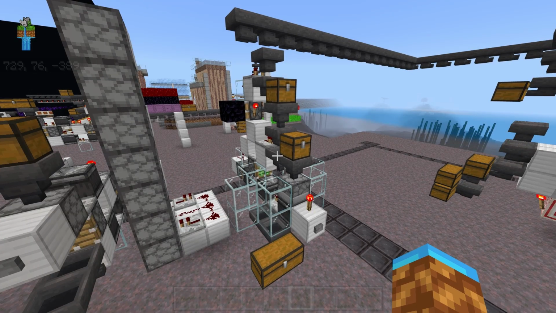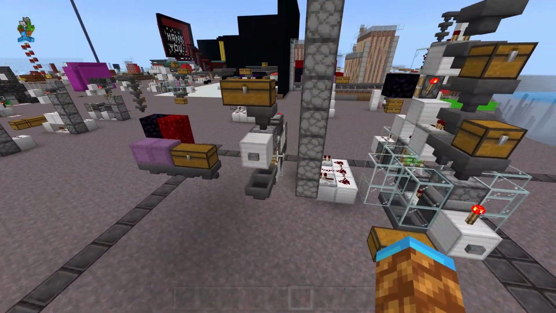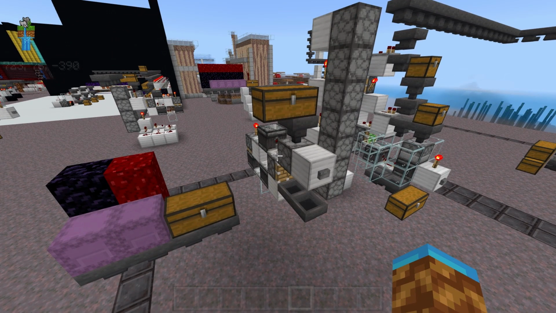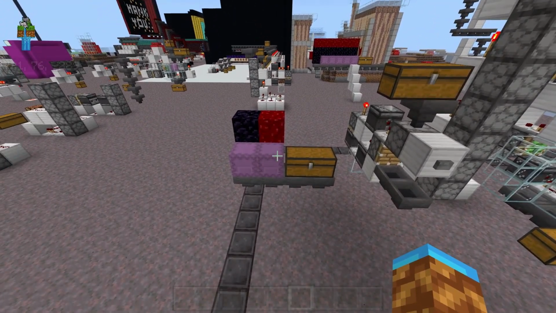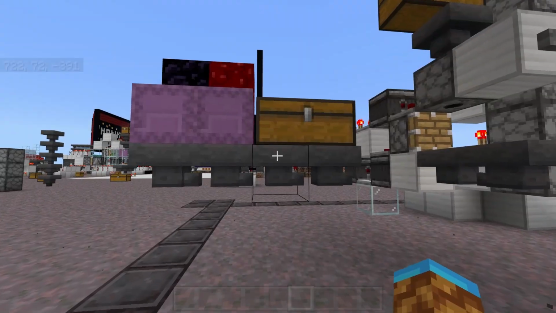And then we have a shulker loader right here near the beginning. Since the shulker loader is going to be really tall and it's going to be loading common items, we want it near the beginning. And then we also have a shulker unloader right here if we want to unload mass amounts of shulkers. And then we just have a standard item input over here. So start off by building your input just wherever you want it. You can always change where the input line goes from there.